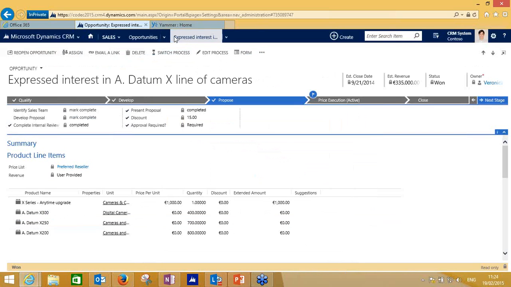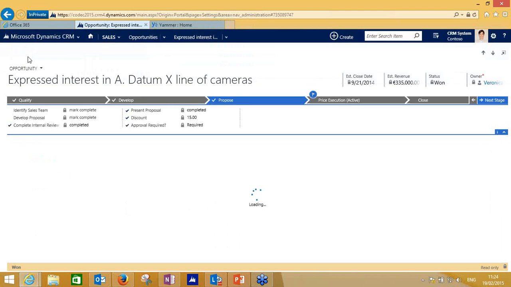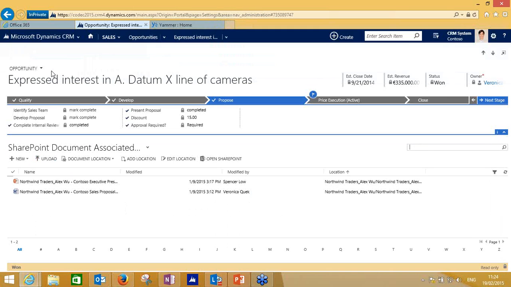And also from the navigation bar, there is an option to see the SharePoint integration, so you will be able to check what's the latest proposal, what's the latest contract being signed with this opportunity or actual account or customer. You will always see as a flag which are the active stages in the business process flow, who is the owner of the record,